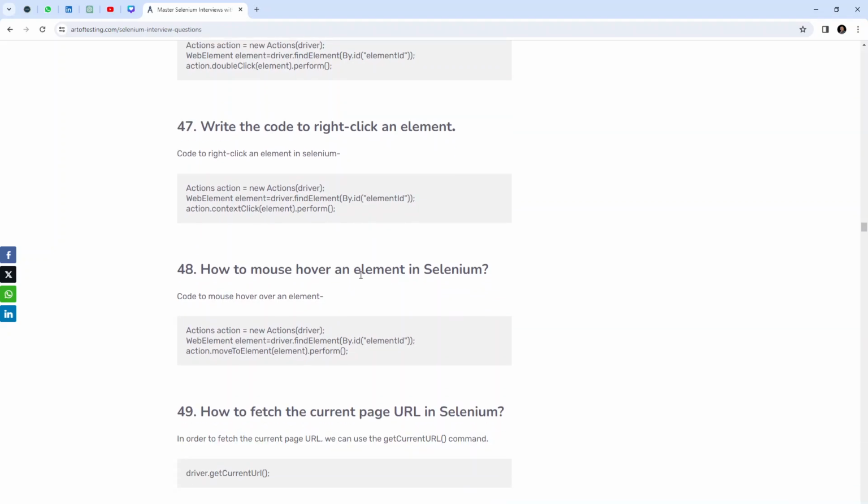How to mouse hover an element in Selenium. Code to mouse hover an element. Actions action = new Actions(driver); WebElement element = driver.findElement(By.id("elementID")); action.moveToElement(element).perform();